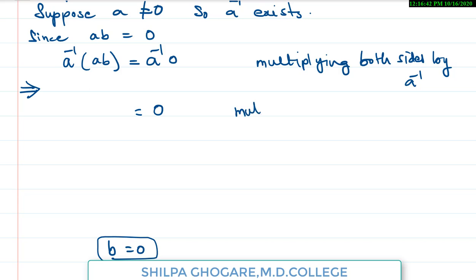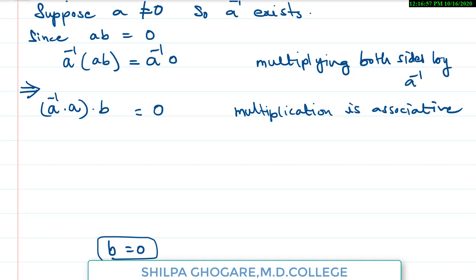So multiplication is associative. ये left hand side में मैंने use किया. So I am getting A inverse A in the bracket into B. This is because multiplication is associative. And why do I get right hand side 0? Why do I get? Because anything multiplied by 0 gives me 0. Okay, now this implies ये 0 तो ऐसा ही रहेगा,